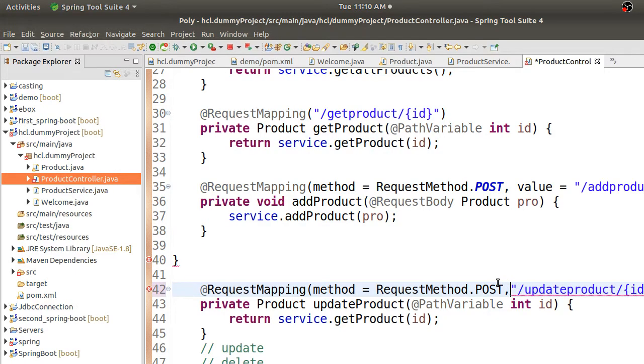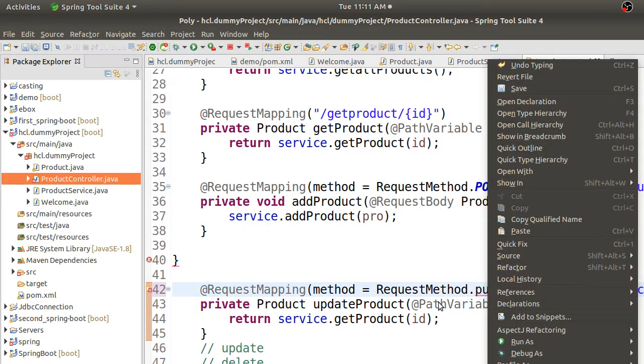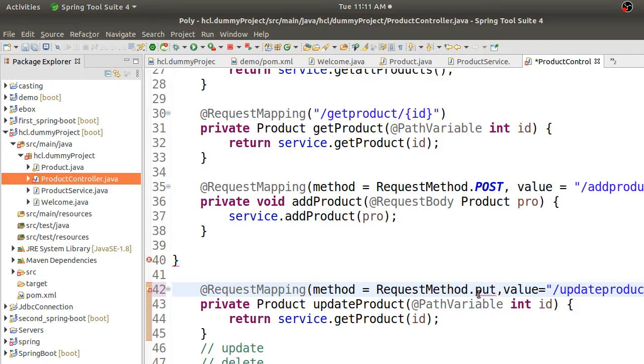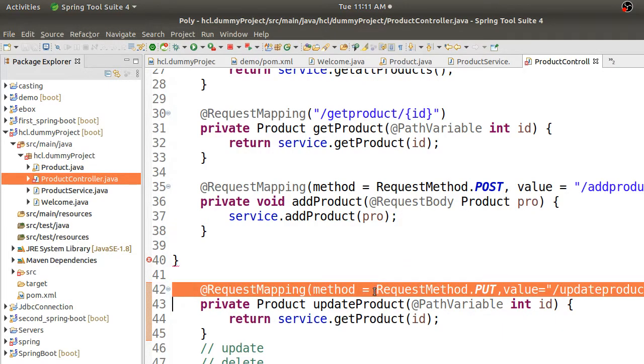Say you have value is equal to, and here it is not post request, it is put request, correct? So I think you have to change it to capital PUT. So this is a put request which I am doing.